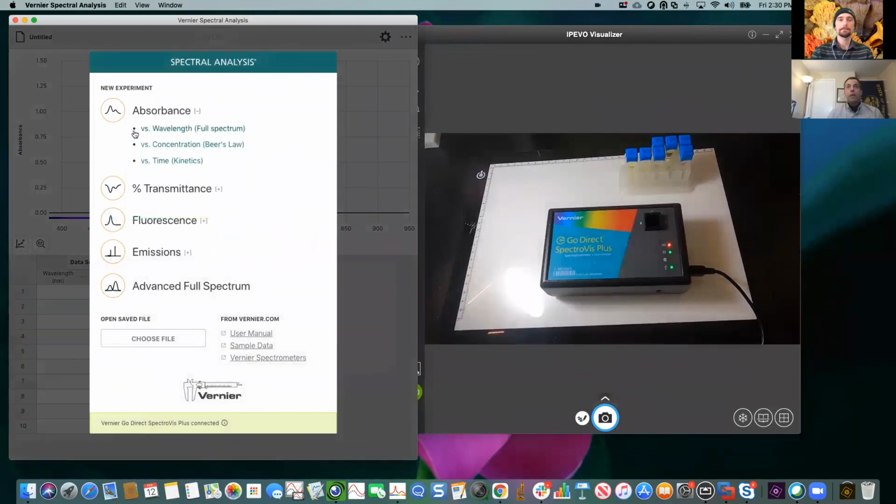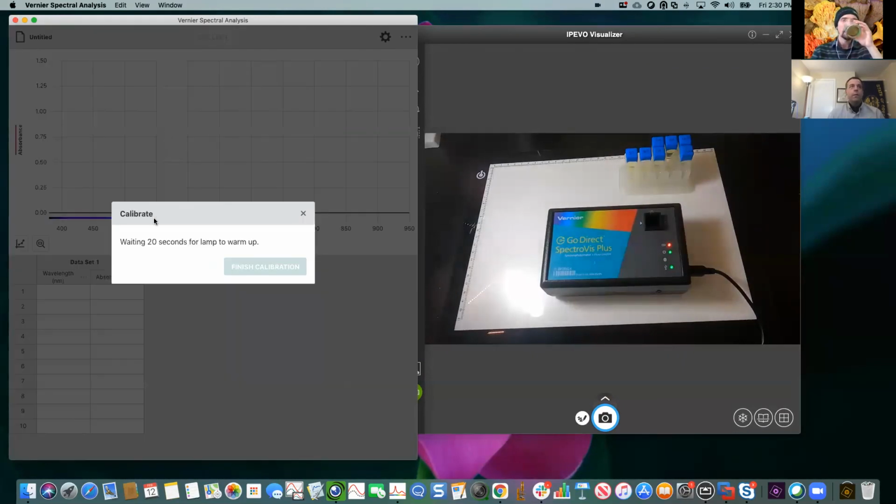Once again, spectral analysis is free. I have this spectrometer plugged into spectral analysis. I'm just going to select as a function of a full spectrum, but you can also do it in another method that I'll show you. It's going to say the lamp needs to warm up for 20 seconds. The lamp's actually fine. It's been warmed up for a while.